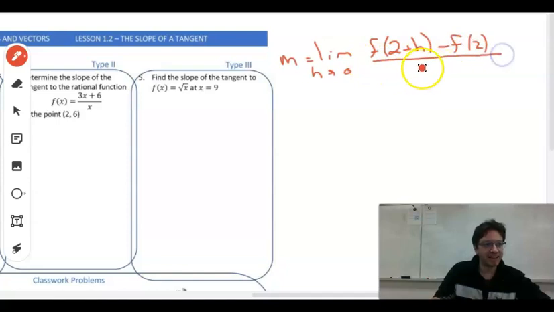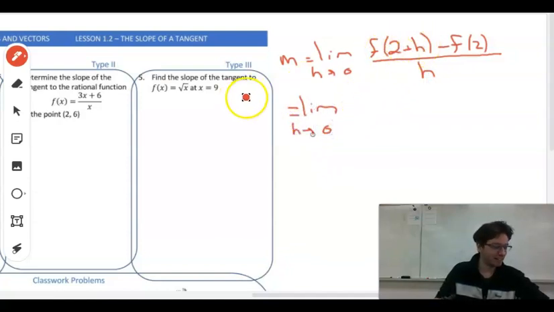All divided by h. So let's see if we can do this. The limit as h approaches 0. Let's substitute 2 plus h into our function here. So we have 3 times 2 plus h, and then plus 6, all over x, which is again 2 plus h,